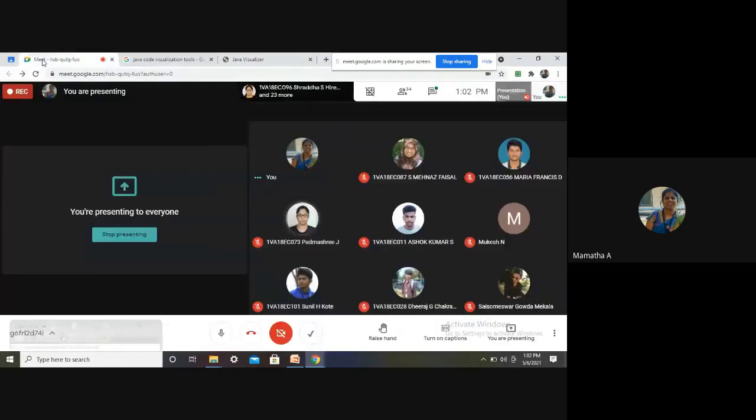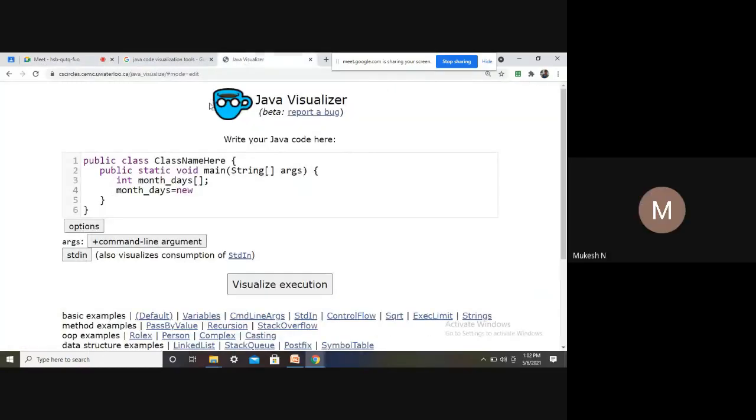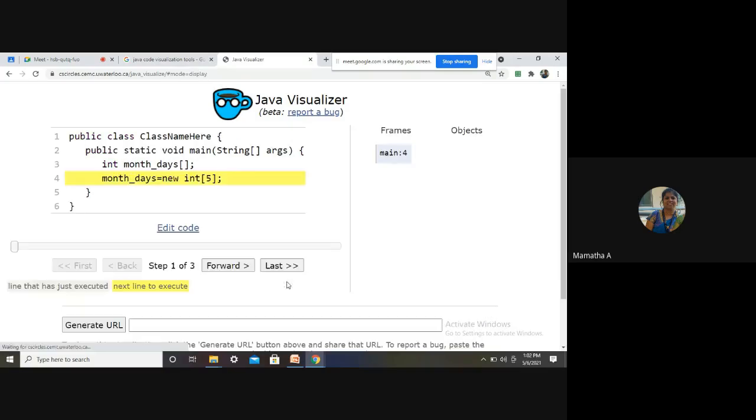Next, what should I write? int followed by the size. Right now I will give less size only, I will not give more. I will give 5. Let us see what will happen. See, the cursor just moved here, the yellow line is the next line to execute.